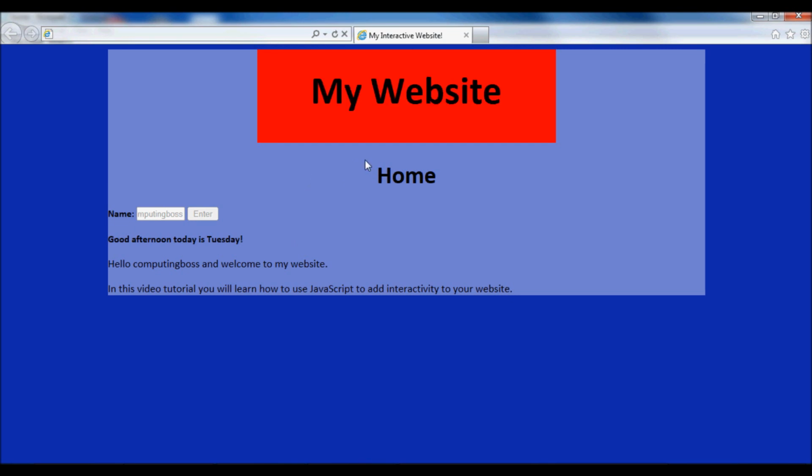Now, let's use it to add in a navigation bar. We can use the document.write method to write some HTML that would make up the navigation bar, put that in the external script, and link to it in every page that you want the navigation bar to show. And if you needed to change it, you can change it on one page and it would change it on all of them. So let's go to our JavaScript page,